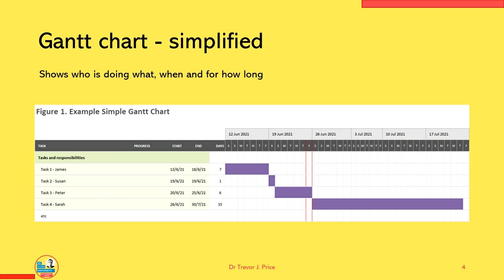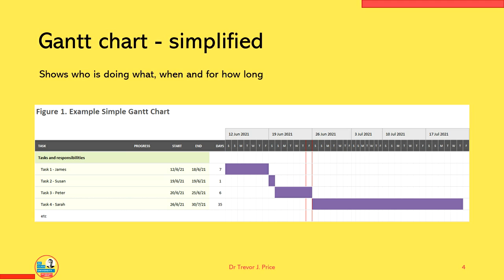So you can see in this example I've got 4 tasks down on the left hand side, going from task 1, 2, 3 and 4 vertically there on the left, and each task has been assigned to a member of the team. So James, Susan, Peter and Sarah each have a task. However, if we move along, we can see the start and the end time that those tasks are planned to start and end, so the number of days they will last in a numerical form in that column headed days,